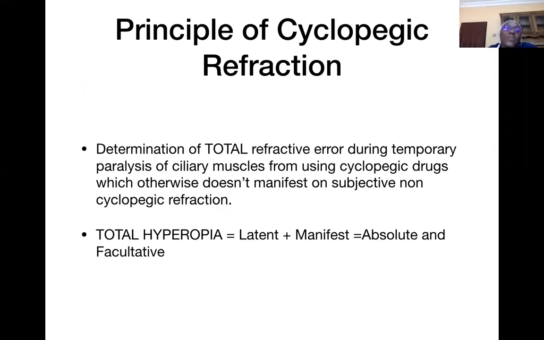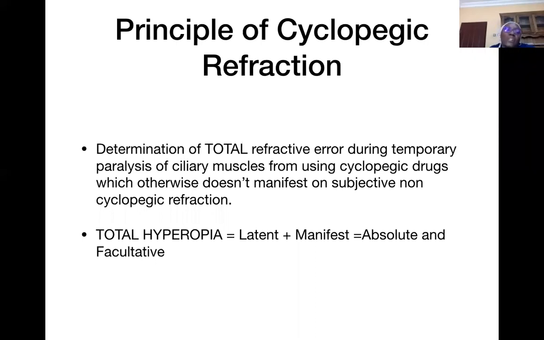Well, when you do cycloplegic refraction, it is to determine the total refractive error during temporary paralysis of the ciliary muscles from using cycloplegic drugs, which I mentioned earlier. And this otherwise does not manifest on subjective non-cycloplegic refraction. And the total refraction,